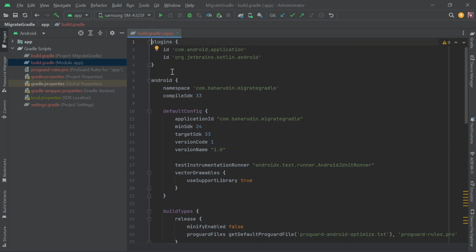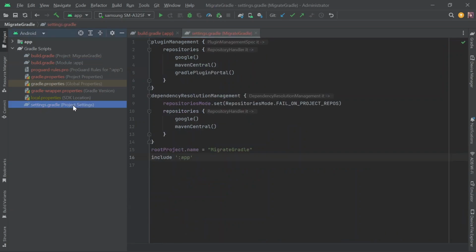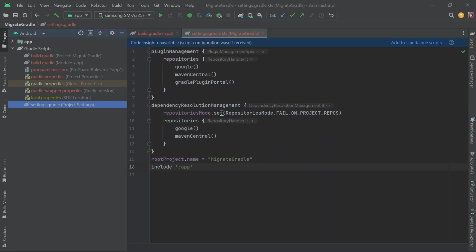Okay, now I will jump into migrating from Groovy to KTS. First of all, I will rename this Groovy file: refactor and rename, and you can add .kts here, and then click refactor. After we refactor and rename the format,